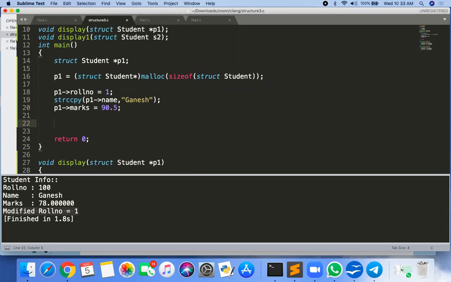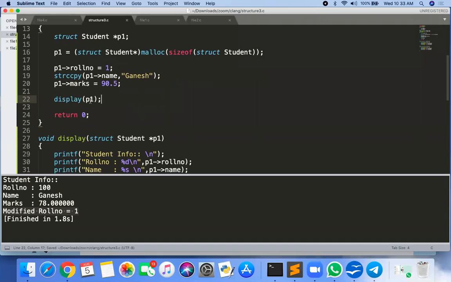Now I want to display, so just call the display function and pass the address. The address can be passed directly using P1, because P1 contains the address. When you pass P1, the address which is stored in P1 gets copied into this new P1.